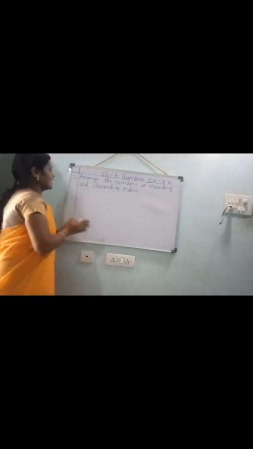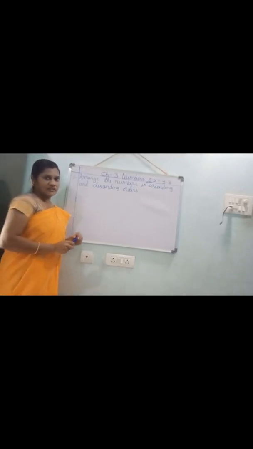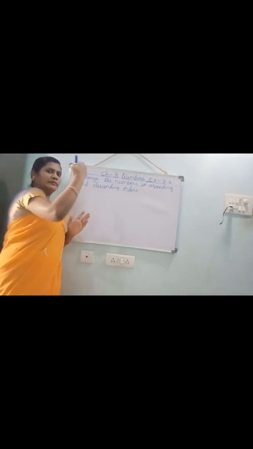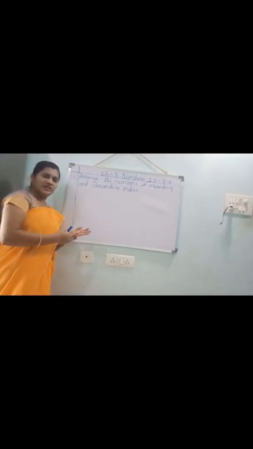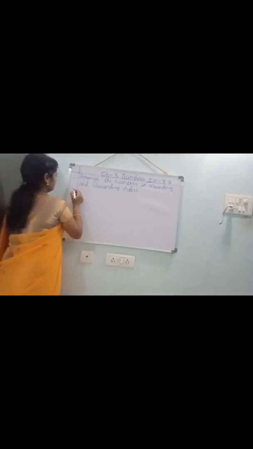See, children, arrange the numbers in ascending and descending order. Already I told you, ascending means what? Small number to big number. Descending means what? Big number to small number. See, for example,